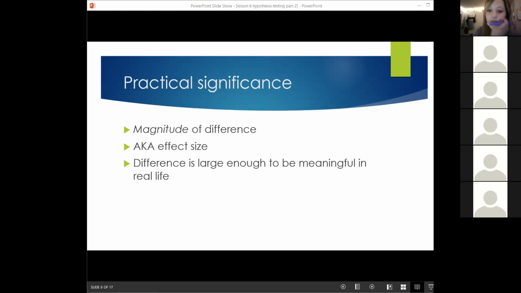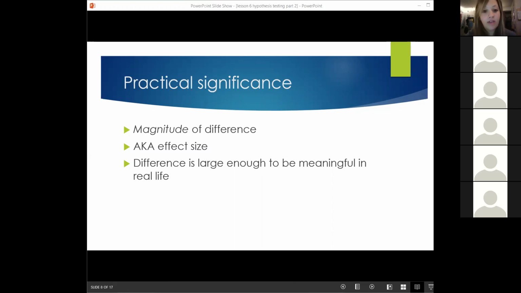Okay, so more about statistical significance. The whole point of it is the magnitude of the difference. It's like, how much of a difference do we actually see? Effect size is another way to say it, because it's saying how big the effect is. So if something is statistically significant, we are saying that what we found has